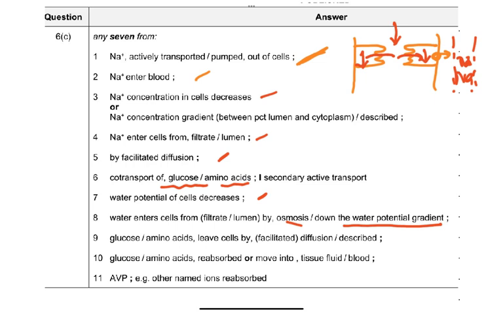The glucose and amino acids leave the cell by facilitated diffusion. So all those entering the cell, these are the cells lining the PCT, the glucose entering the cell will ultimately enter the blood. So the glucose and amino acids are moved into the blood, and then we can have any other named ions reabsorbed. There were a whole lot of mark scheme points which you could have given me, and you could have easily got full marks in this question, which is a 7 mark question, a very direct and very easy question.